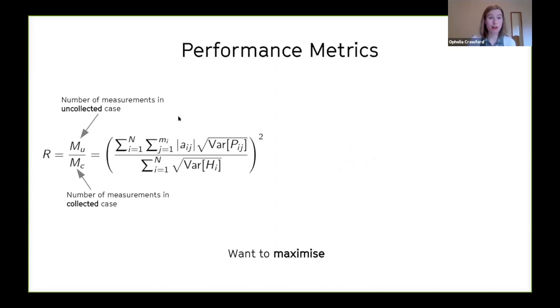We've called this R, and it's simply the ratio of the number of measurements in the uncollected case, so if we measure all the Paulis separately, to the number of measurements in the collected case, once we've grouped them together into commuting collections. For example, if we require half as many measurements in the collected case, that gives us an R value of 2. However, as I've said,